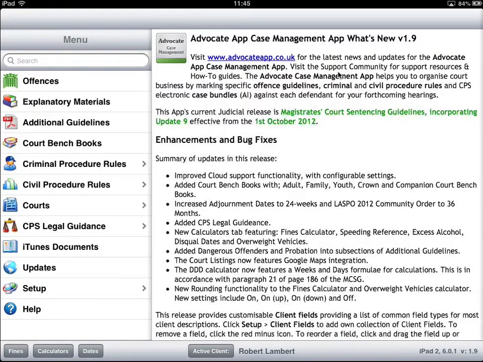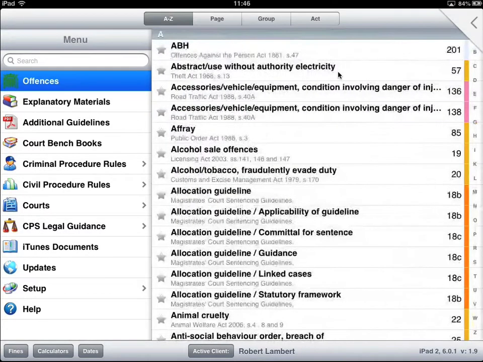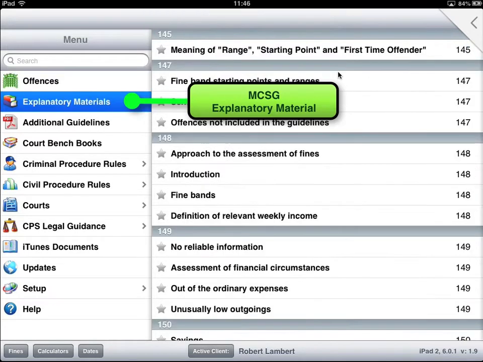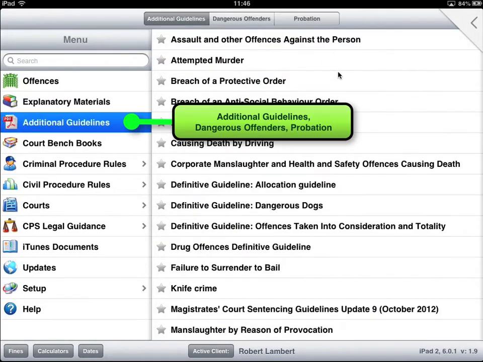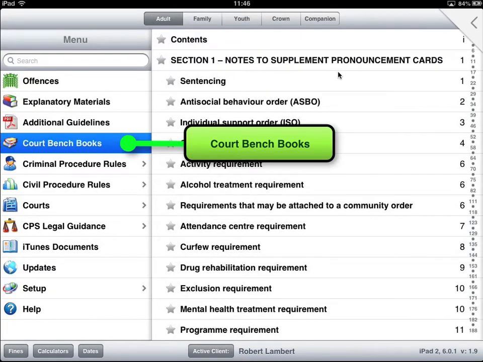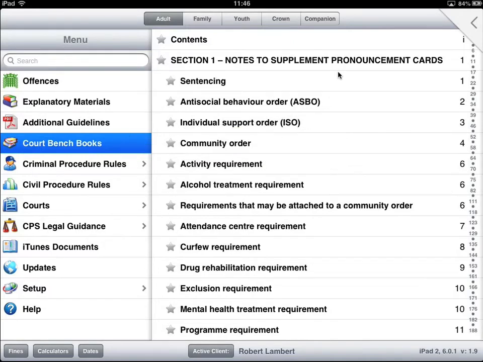Advocate app includes a number of indexes of judicial information, starting at the top with offences, which is the Magistrates Court sentencing guidelines, explanatory material, additional guidelines, which includes dangerous offenders and some probation information, the court bench books used across adult, family, youth, Crown Court, and also companion to Crown Court,